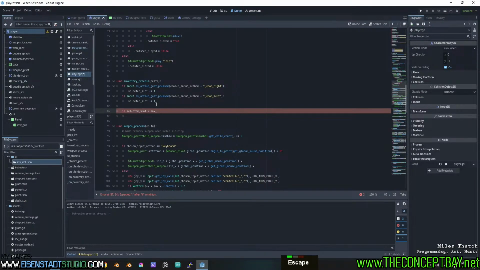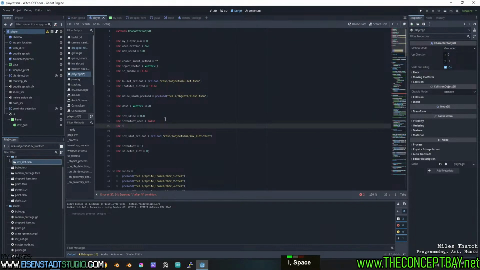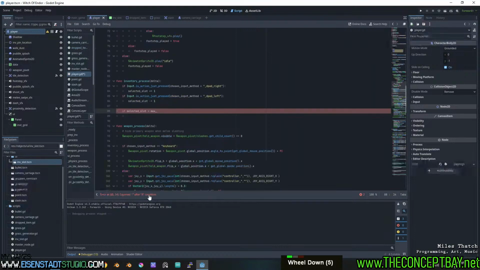Do we have a variable that stores how many slots we have? Let's say max inventory slots would be 6. So if the number goes over max inventory slots,